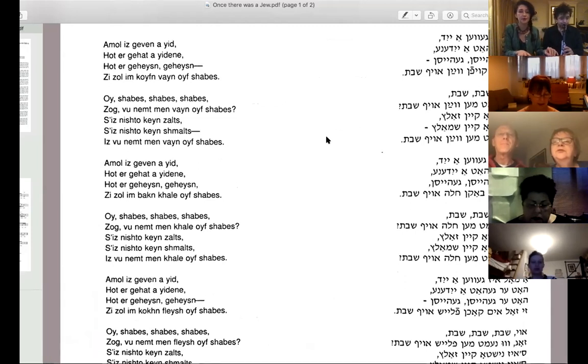Sie sollen kaufen a Wein auf Shabbos. Boy, Shabbos, Shabbos, Shabbos. Sagt man immer a Wein auf Shabbos. Sie's nicht doch kein Salz, sie's nicht doch kein Schmalz. Oi, man nimmt man a Wein auf Shabbos. Ja, Papa, Papa, Papa, bye, bye, bye, ja, Papa, Papa, Papa, bye, yeah,